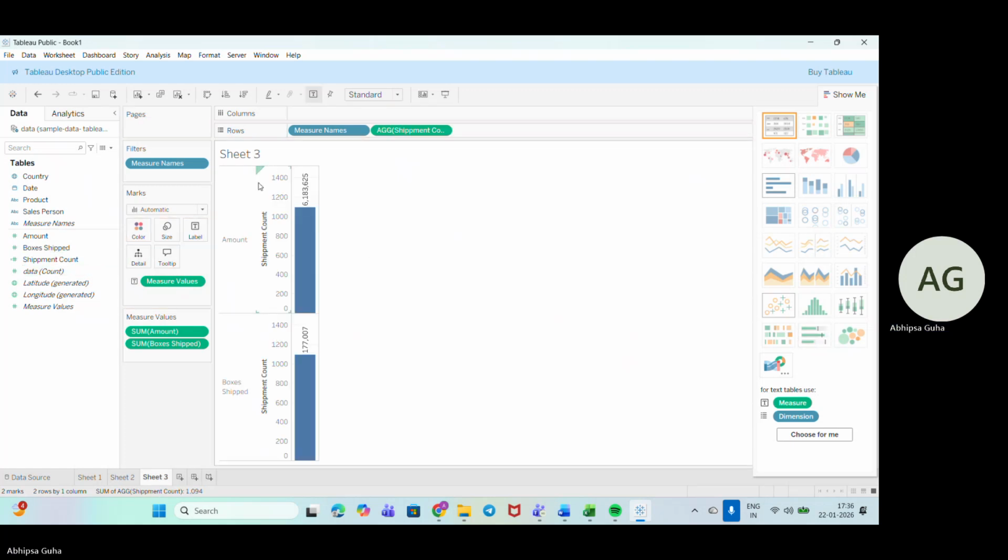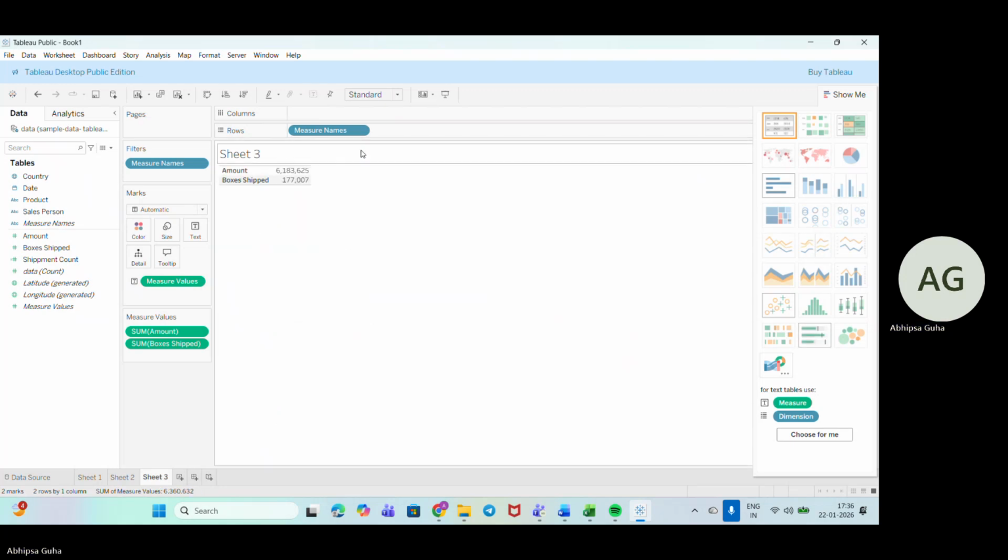Okay, now we have got them. Okay, just a moment. So I want the measure values like this, and I want the shipment count up here. So now you can see all of the values are getting like this.